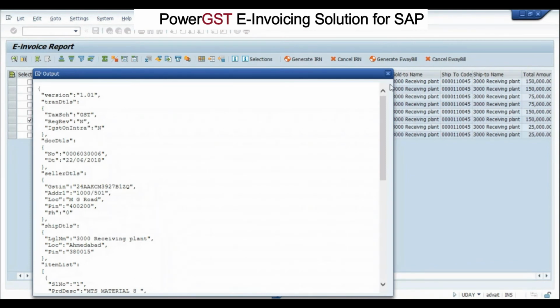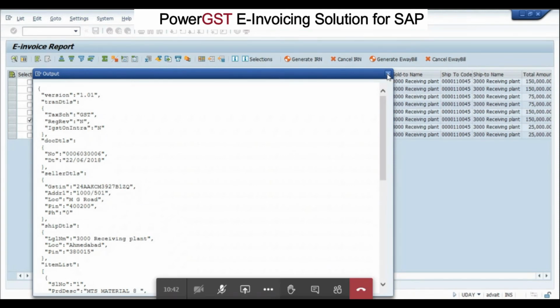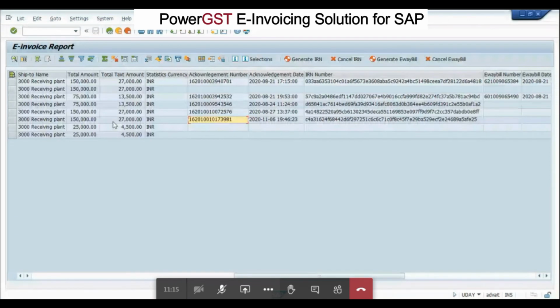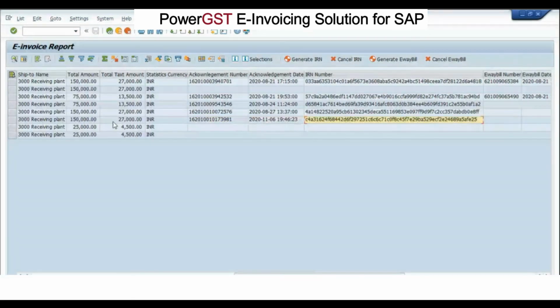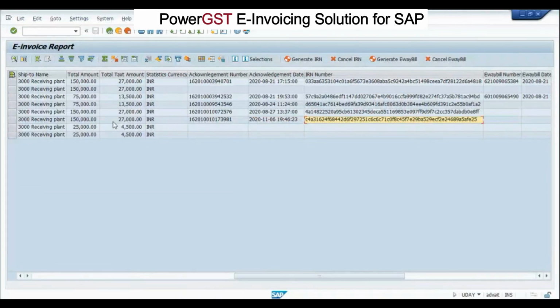Maybe for the initial days whenever you are sending, you can just check: okay, invoice number is correct, total invoice value is correct, GST is correct, and the acknowledgement number and date have come. Currently this is from the government sandbox server, not from the government's live server. We have one sandbox server given by the government and we push data there for testing purposes, and this data is coming from there, right? So this way the IRN number will be received back and saved here. Same thing is for the e-way bill.